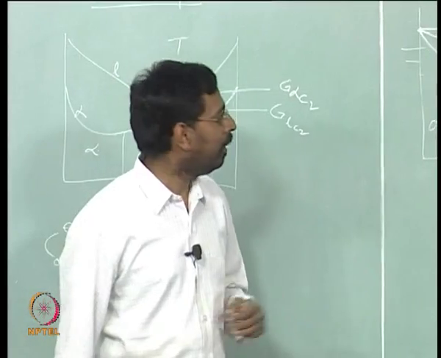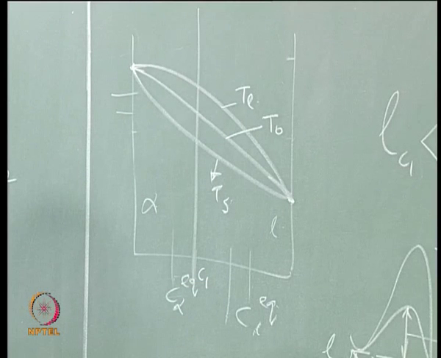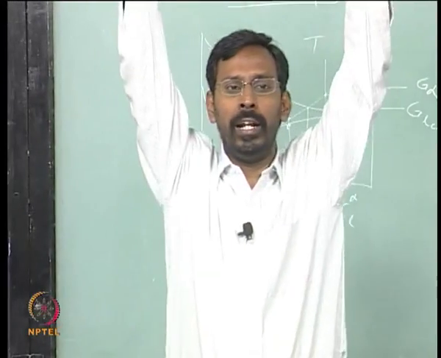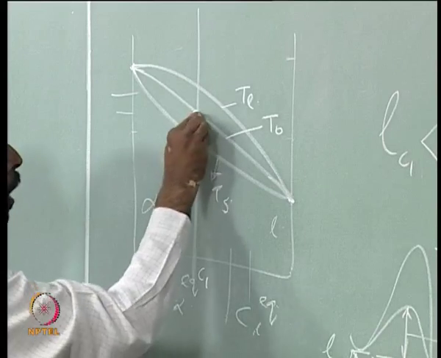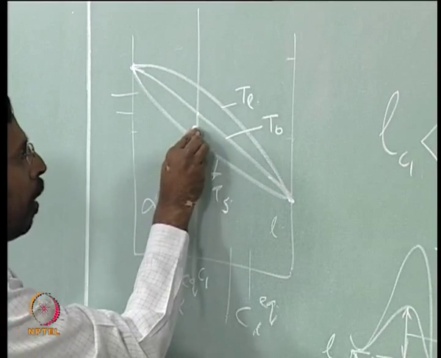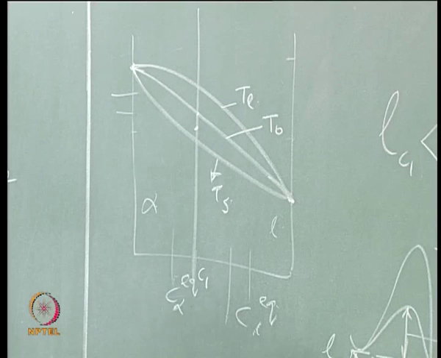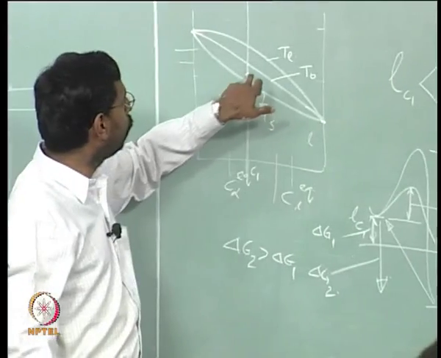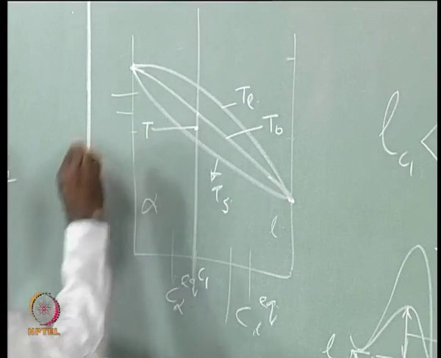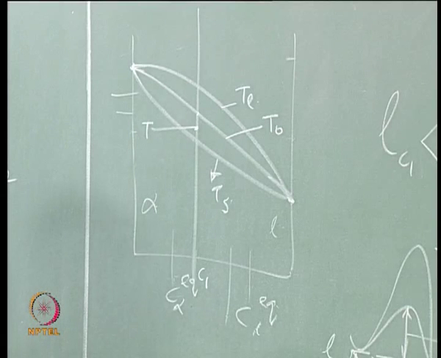The significance is this: if I take any alloy, make it completely liquid, and then cool this liquid, but undercool the liquid to a temperature below the T naught, let us say I bring it to this temperature, there is a difference between bringing a liquid to that temperature and undercooling the liquid to that temperature. I repeat, there is a difference between bringing the liquid of C1 to this temperature, let us say T, or undercooling the same liquid to temperature T.